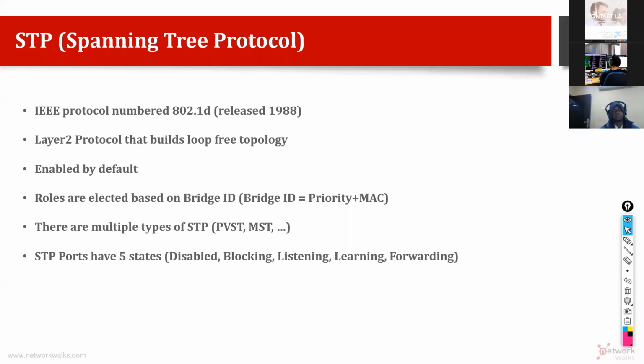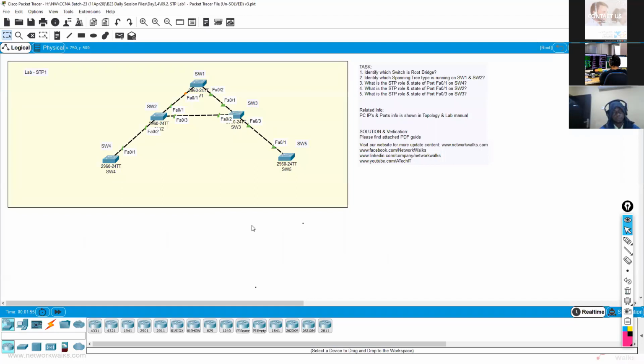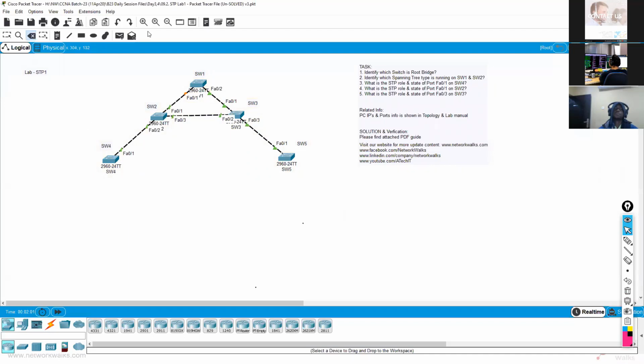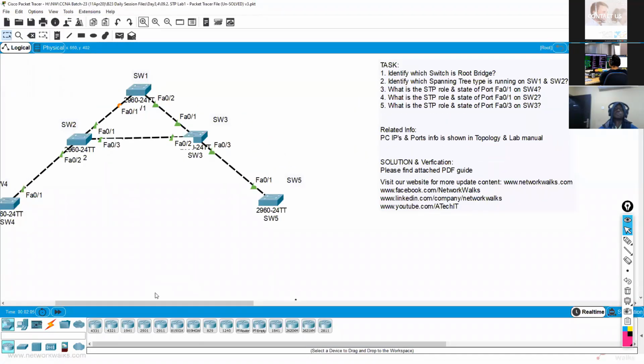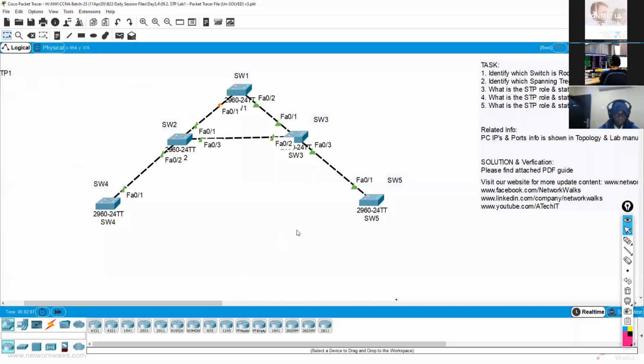Our topology has opened, so let's click on confirm guest and then go to our topology. In the topology, you will see, let me delete a link and then enable the link again. Zoom in. Can you see the topology now clearly? Okay, so let me delete a link and then enable the link again. Then you can watch these LEDs. This is orange green. Now it means topology has been stable.